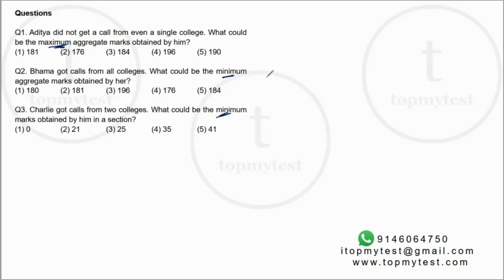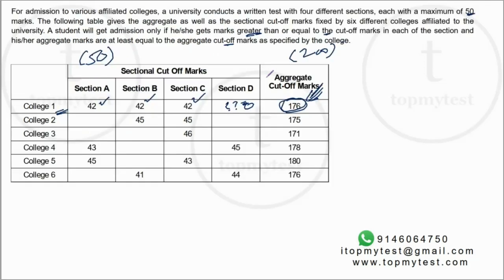So every question has additional information in it to help you solve, right? It's a moderate level difficulty question. Once you get the understanding that there is no cutoff in this particular section, and you have to make sure that you clear the cutoff for each section as well as the overall one, there is nothing much to do over here. Let's go to the individual questions one by one and try to solve.